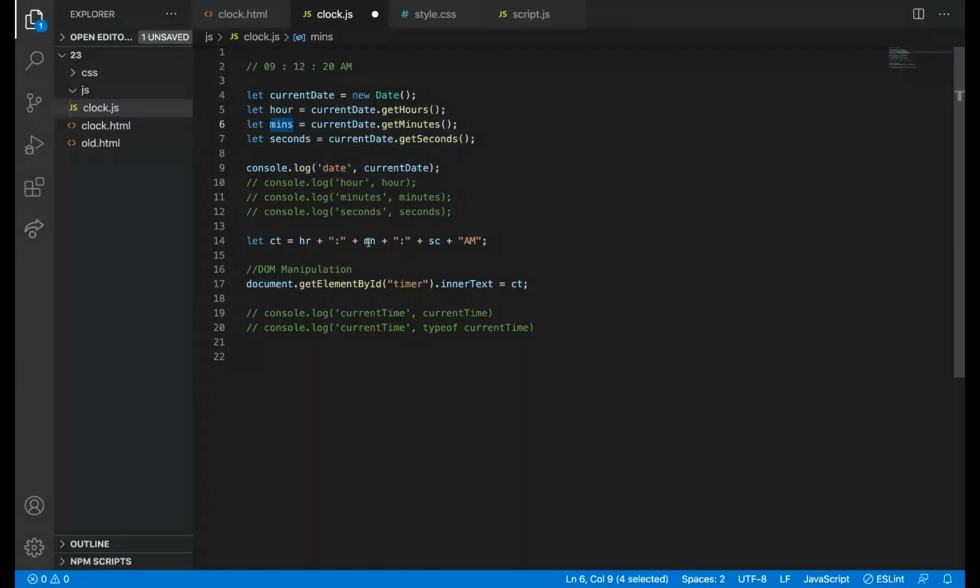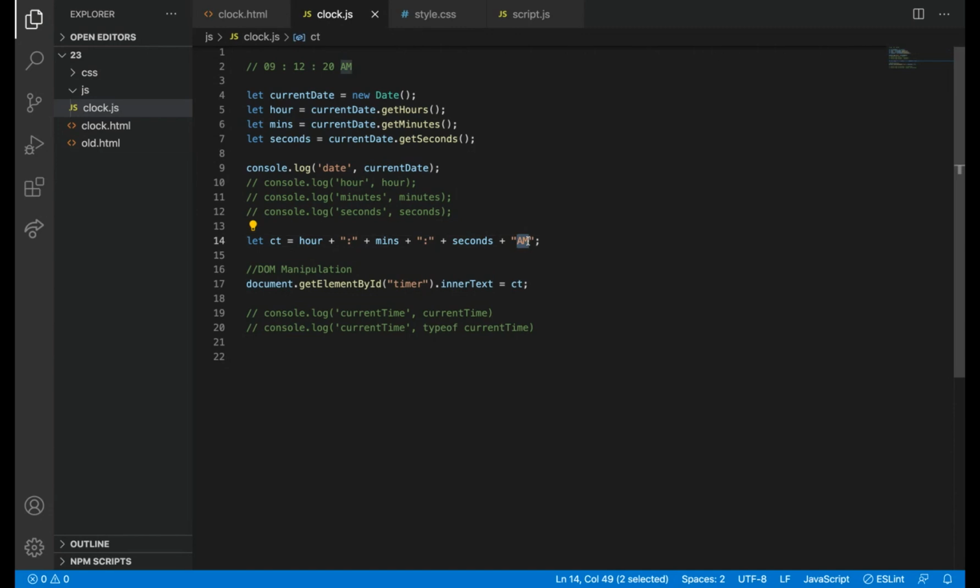Minutes, seconds. We have just added these with a colon in between and also with AM or PM. For now, it is hard coded.